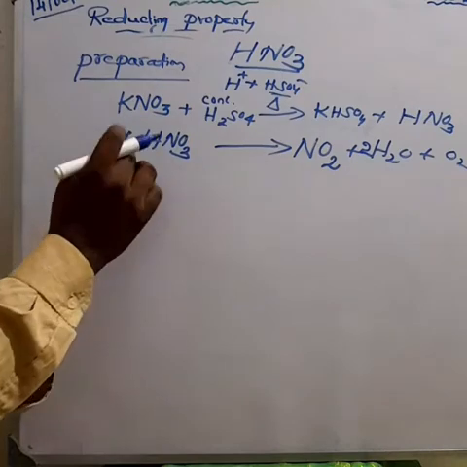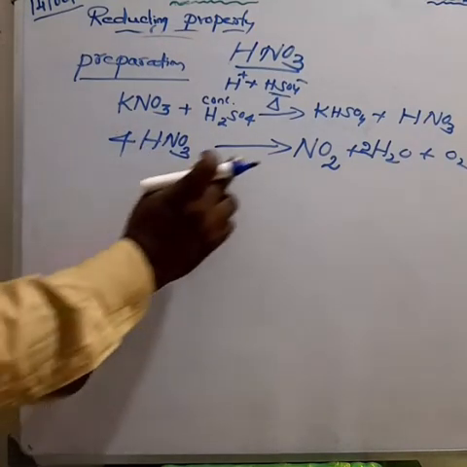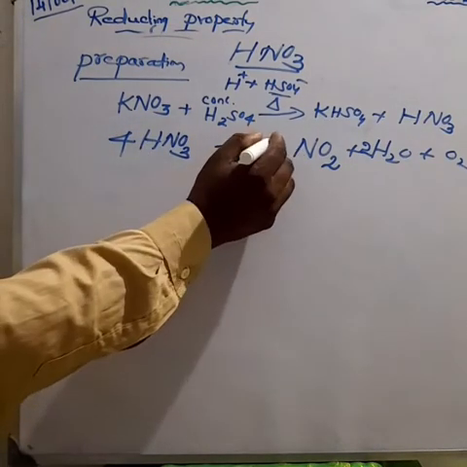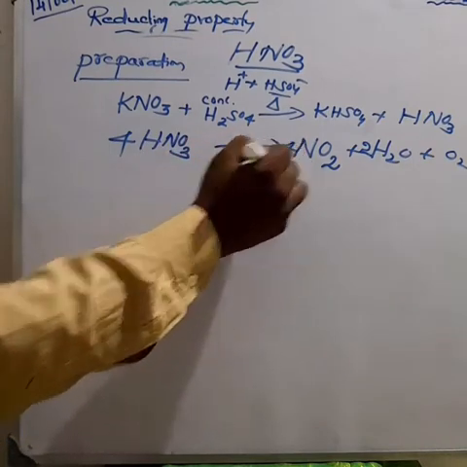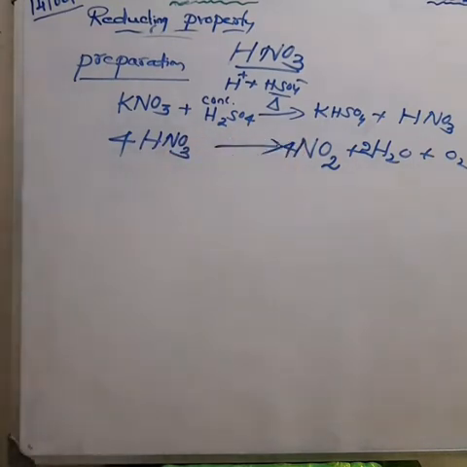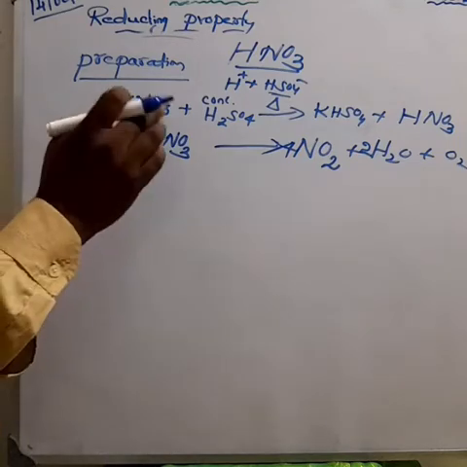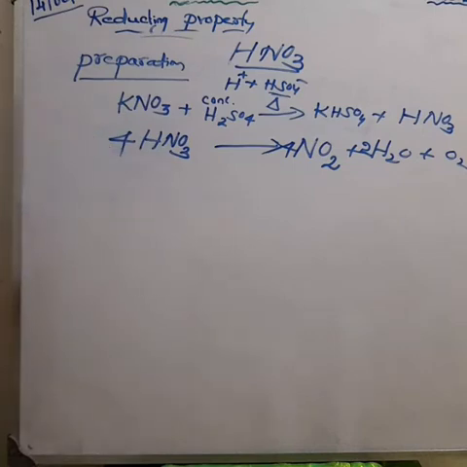So 2 water molecules. So how much hydrogen is there in total? 4 hydrogen. So make it 4 hydrogen on the reactant side. How much nitrogen is there? 4 nitrogen. So make it 4 nitrogen on the product side. Now the equation is balanced. Here the decomposition is possible. To avoid the decomposition, the acid is condensed to a fuming liquid.